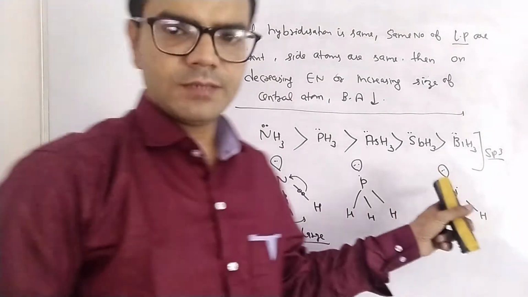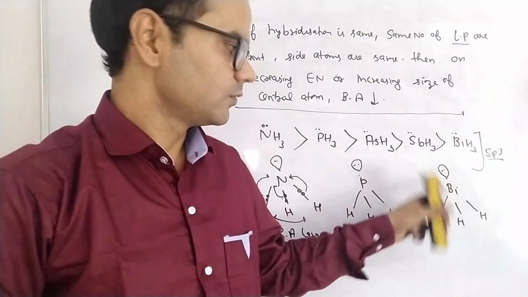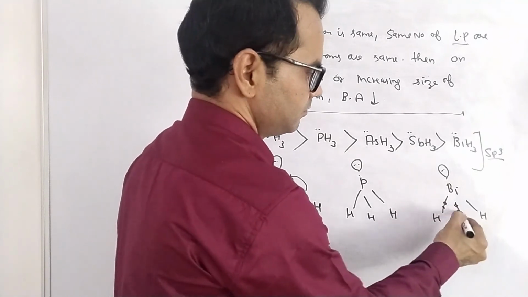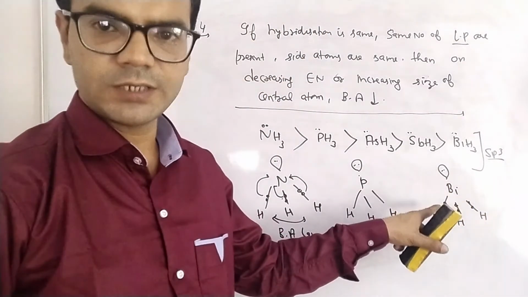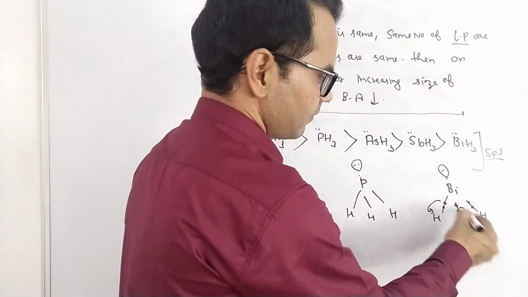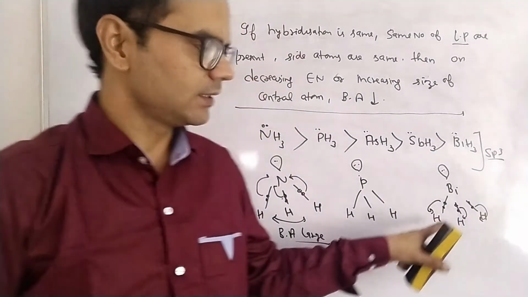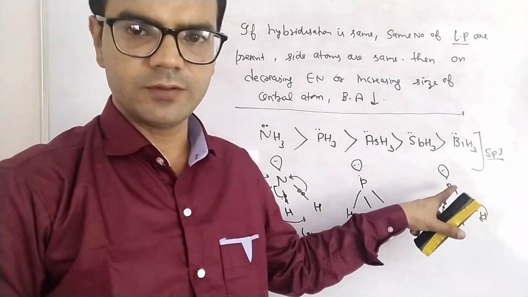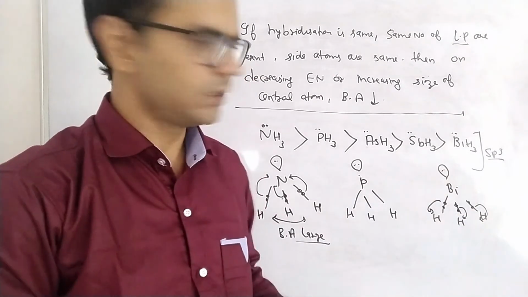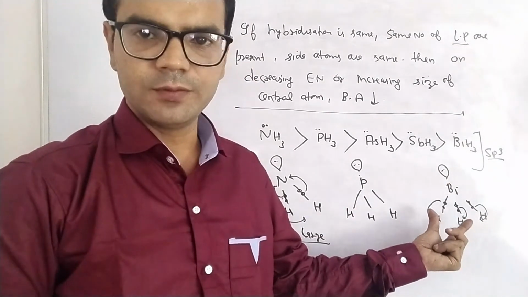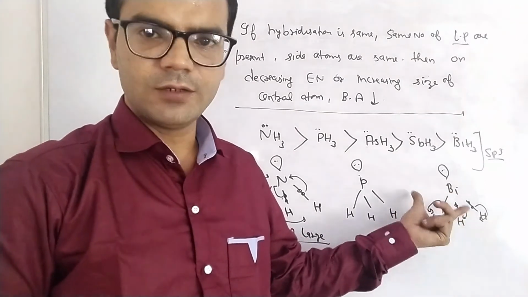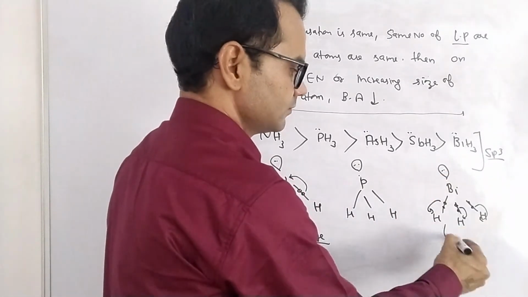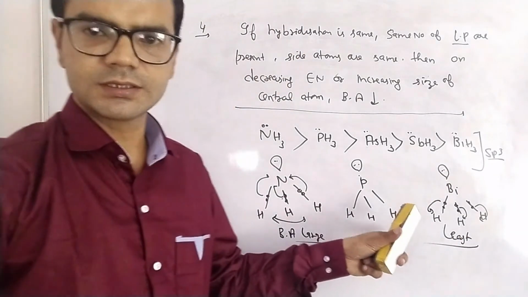But bismuth is a metal and a metal is electropositive, so the electronegativity of hydrogen is higher here. So these electrons are now attracted towards hydrogen. As a result, bonded electrons are away from the central atom. So there will be decreased repulsion between the lone pair and the three bonded pairs. So this molecule will not expand, it will collapse. As a result, its bond angle will be least.